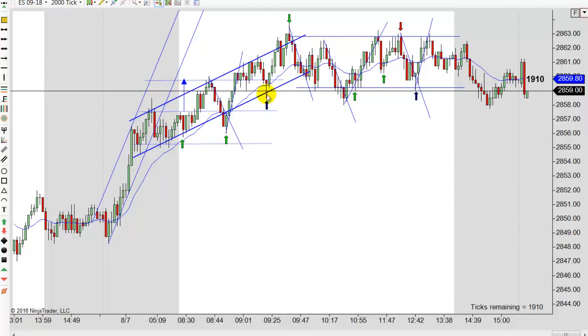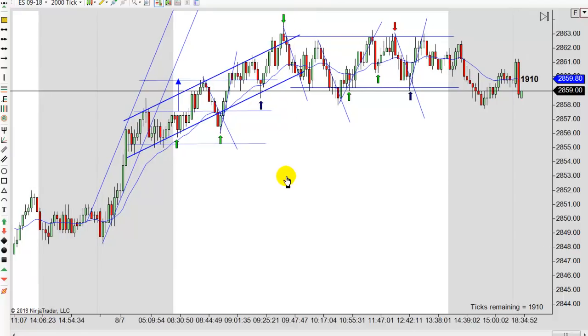It comes back just enough to stop you out, and then it bounces again. So you've got to be careful with that one. But this is kind of going sideways. You could treat this like that little failed break lower. It's also a breakout pullback, but more than anything, it bounces off that key entry point, and it's a fairly